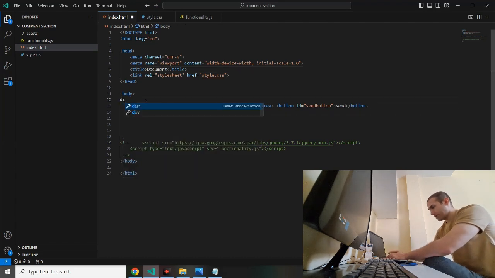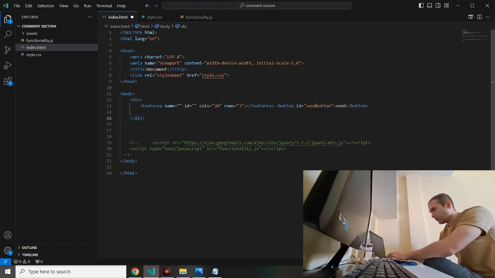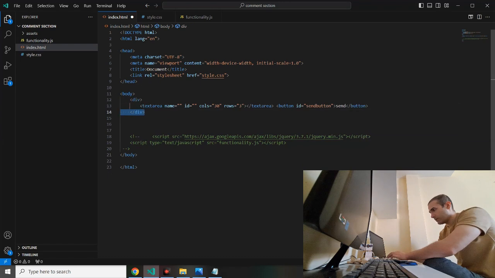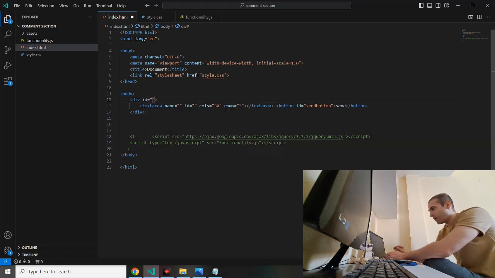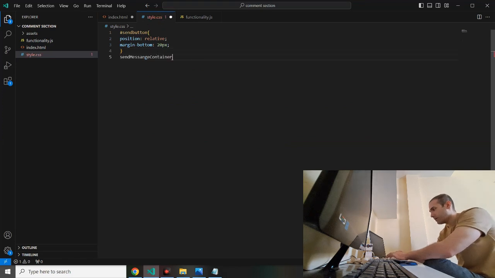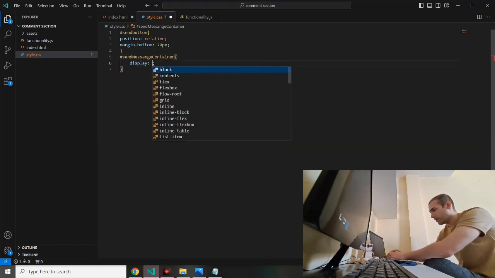I am going to bring back div tag and display it like grid. So let's give this ID, send message container. Send message container should have display grid